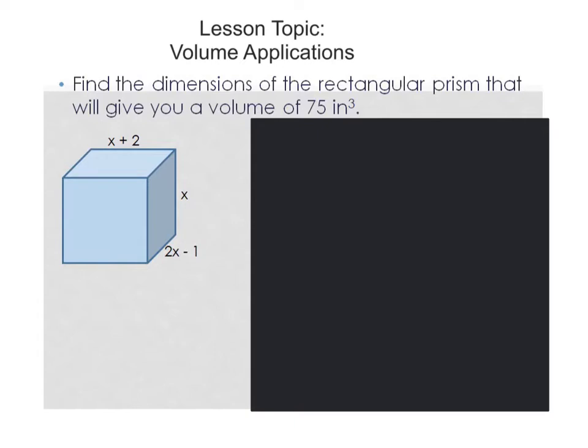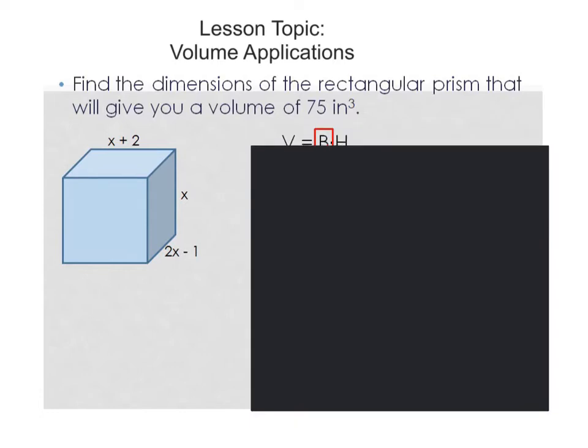All right, so first thing we need to do if we're going to solve this problem is we need to know the volume formula. Now you'll probably remember, I hope, that the volume formula for any prism is capital B times capital H. That's how many geometry teachers teach it, meaning that capital B is the area of the base. So this B right here is the area